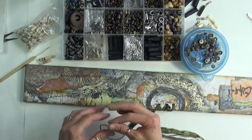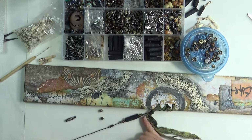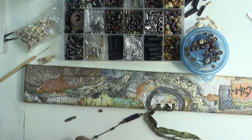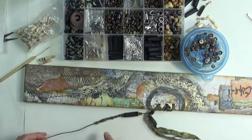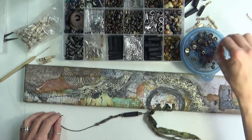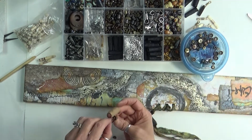I rarely do a pattern. Every now and then I'll throw one in that's got like gold, lava gold, the same kind, but it's rare that I do it because I think a piece is a lot more interesting when your beads are not all lined up the same. This last little copper one is really big holed, so I'll just grab one of these. Ooh, let's add a little bling too. I like these little